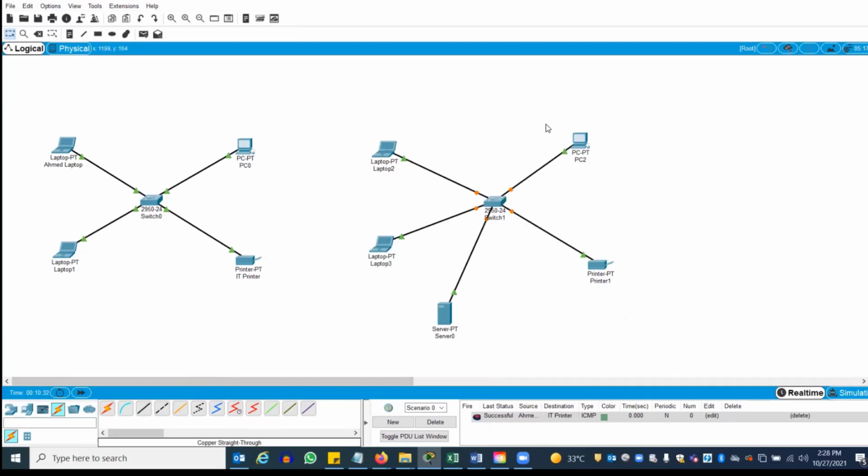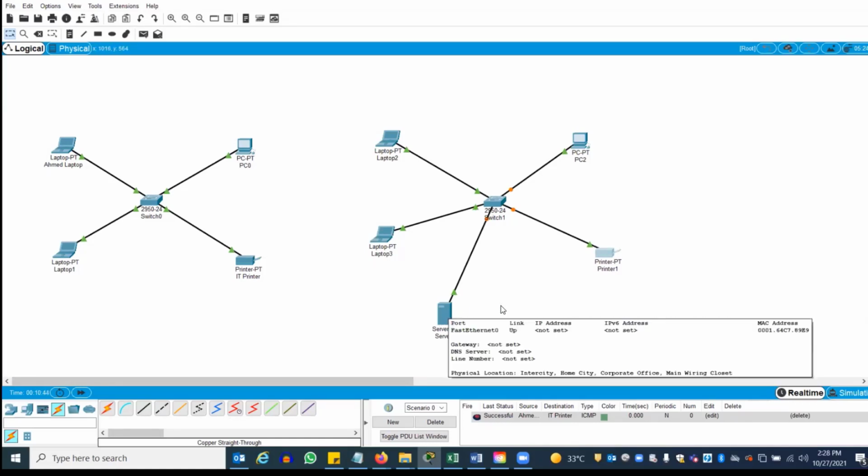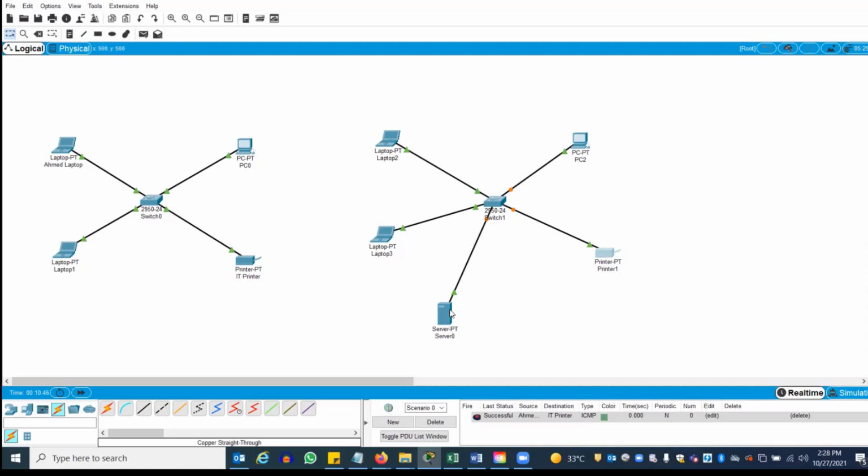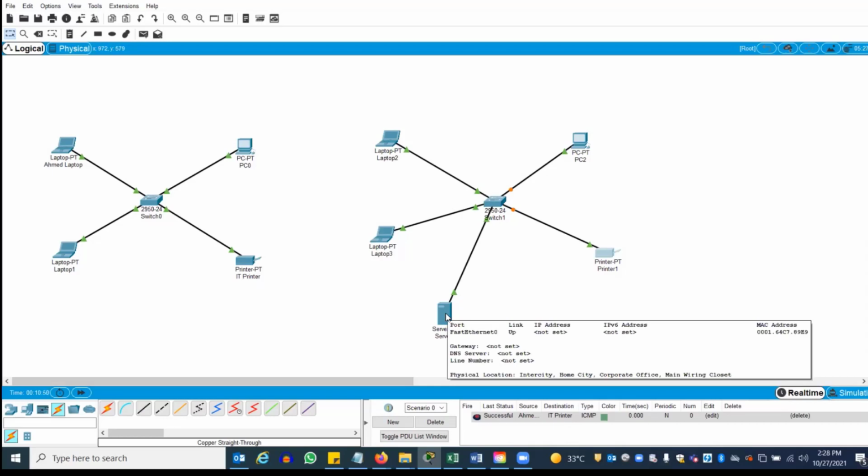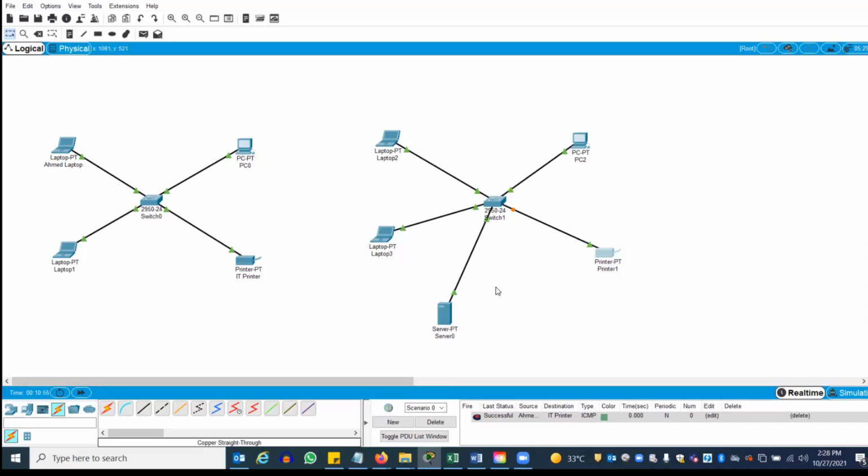Okay. In the earlier exercise, we configured manually. In this, we are not going to configure manually, so I need to configure a DHCP server on this server. It's always good practice to have a manual IP address on the server. It's not good practice to get it automatically, because we don't want the server's IP address to change frequently. So let's assign it manually on the server.